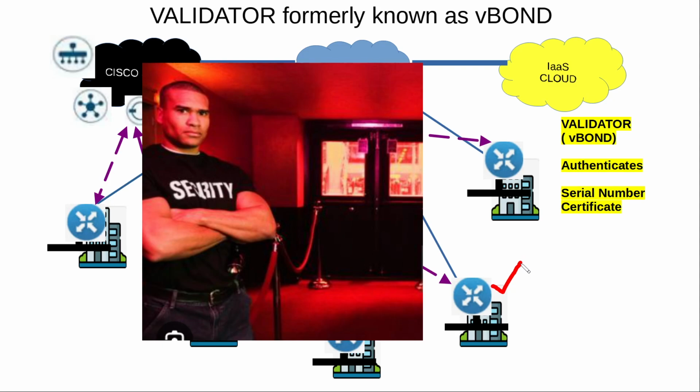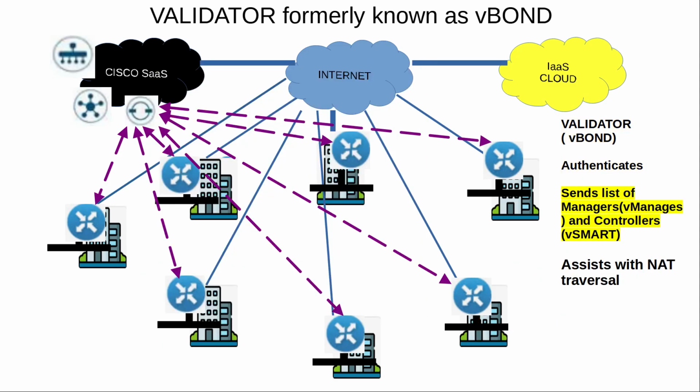So it will look into the white list of serial numbers that it should have beforehand in order to locate the serial number of this device. If that is correct, it will also validate a correct certificate installed in this device. If all those things check out, then the device is authenticated, and the next thing that the validator will do